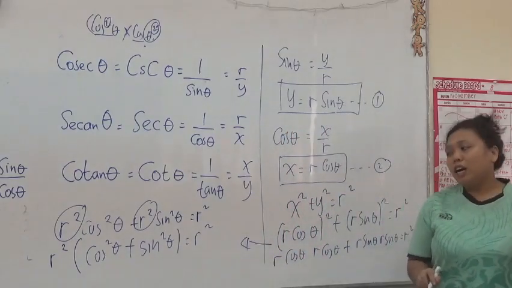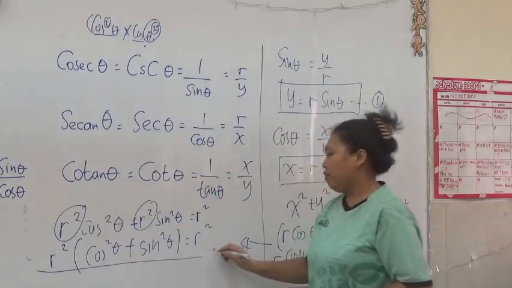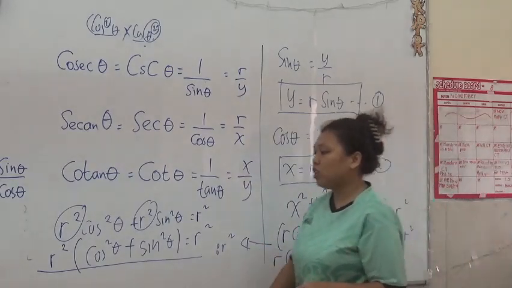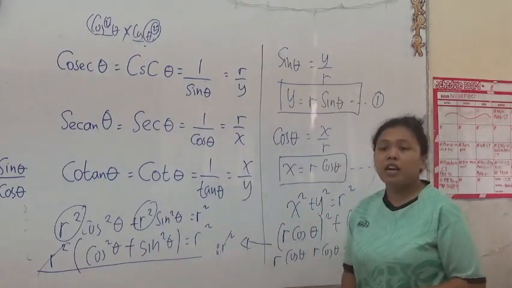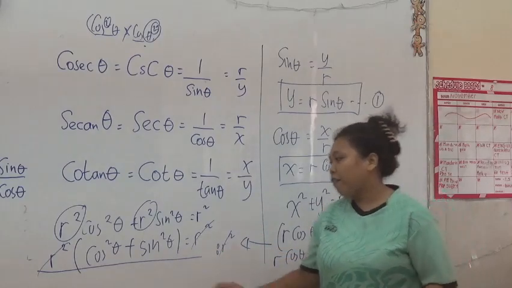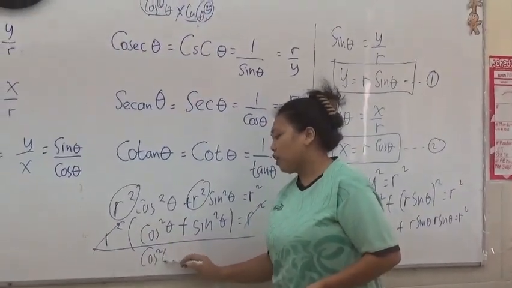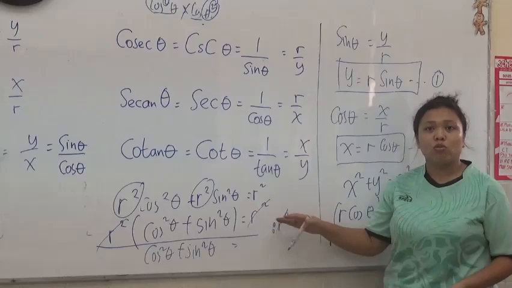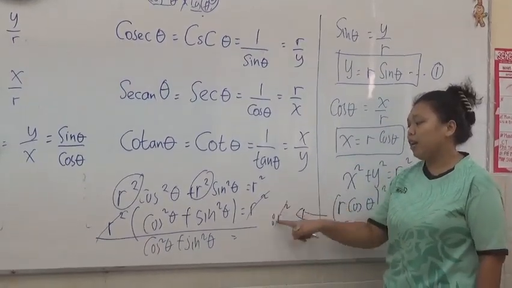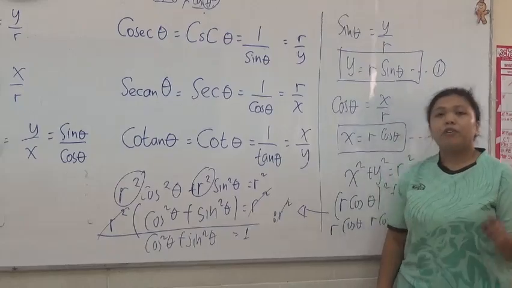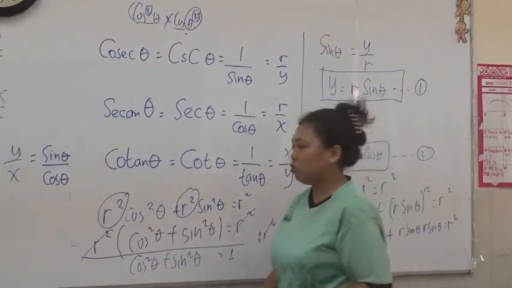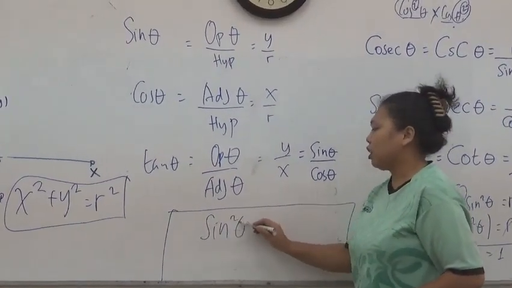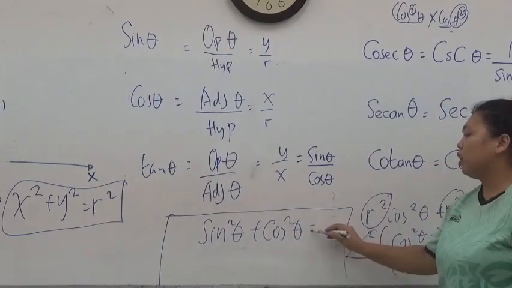Is it okay? And now to simplify, I choose to divide everything by r to the power of 2. So when I divide, there is no r squared anymore at the left side, and I need to do so for this side. So the left side expression is just cos squared theta plus sine squared theta. Since nothing is left here, it doesn't mean it equals 0, it equals 1, because you divide r squared by r squared, which equals 1. So now you got the first trig identity, just to follow the way we all write down the identity, which is sine squared theta plus cos squared theta equals 1.